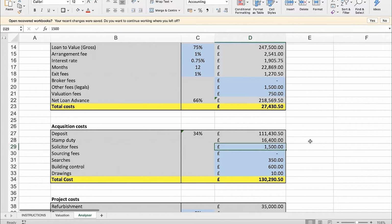We have solicitor fees of £1,500. Sourcing fee, because I don't use a sourcer, I've left this at 0. Searches about £350. Building control about £600. If you're using Smart Draw to create the drawings, the floor plans, about £10. And that will tell you the total acquisition cost, which is